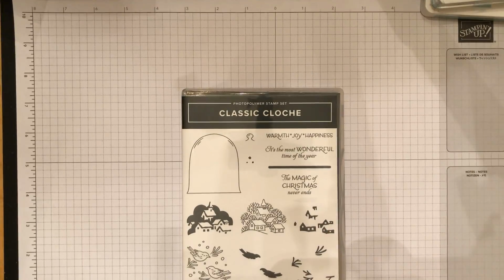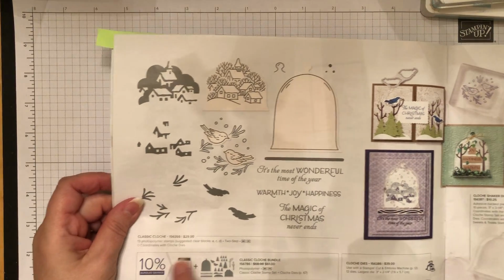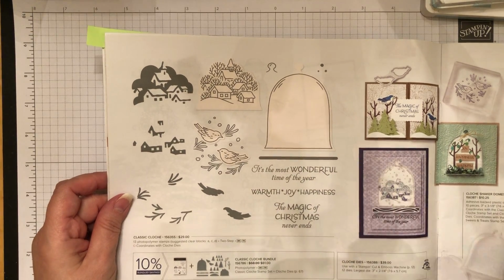And if you're looking for it, it is in the current mini. We have a couple weeks left. It's on page 22. So this is the Cloche bundle and the stamp set, and there's some great little samples